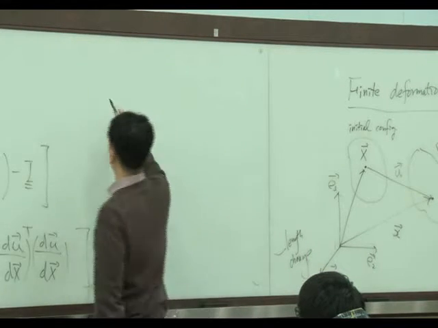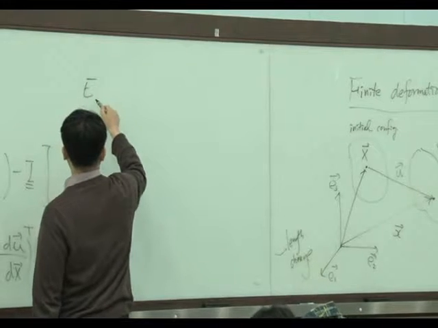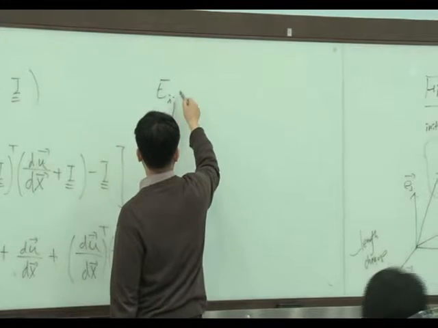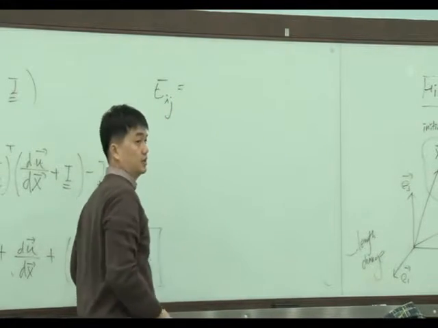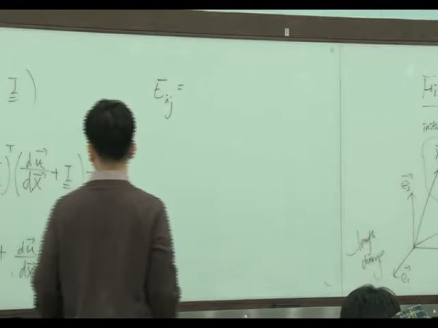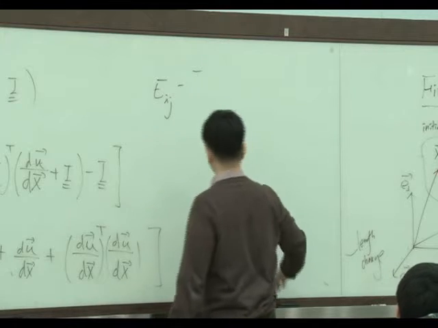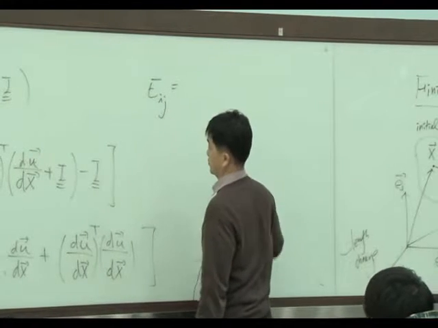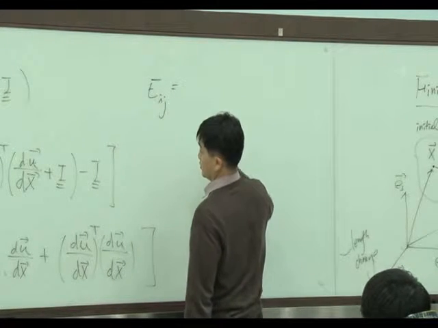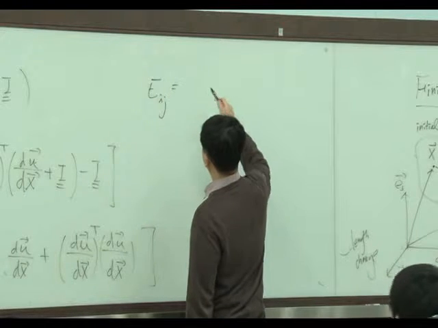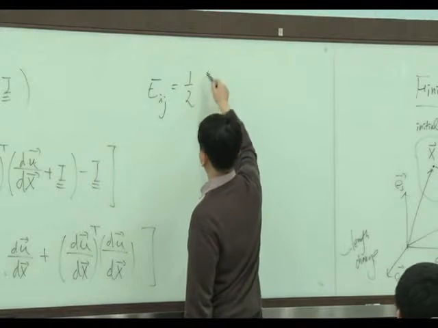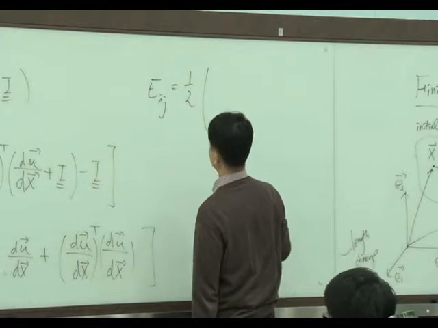And with the tensor form, the component of Green-Lagrange strain Eij equals one over two, okay,